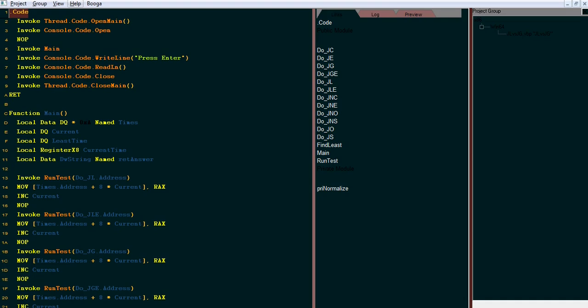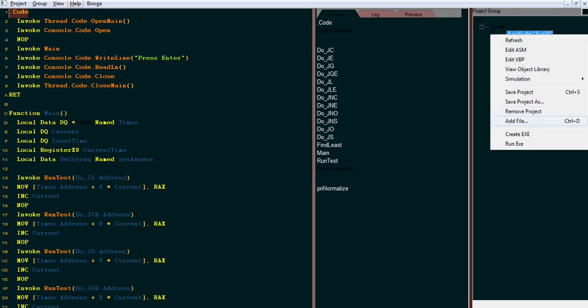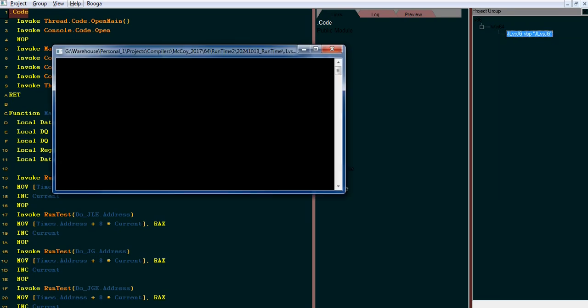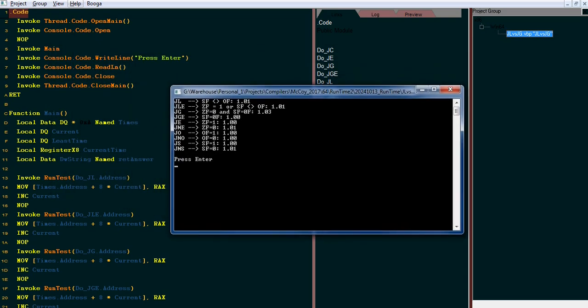Here's the program, the test program I wrote. And we're not going to look at that first. First we're going to look at the results. So let's just go ahead and run them. You can see here that when it ran, JL 1.01. That's a normalized answer where the fastest one, JE, was 1.00. So JL being 1.01 means it was just a fraction, 1% slower,